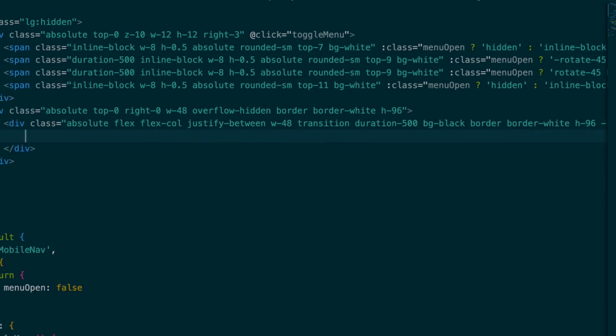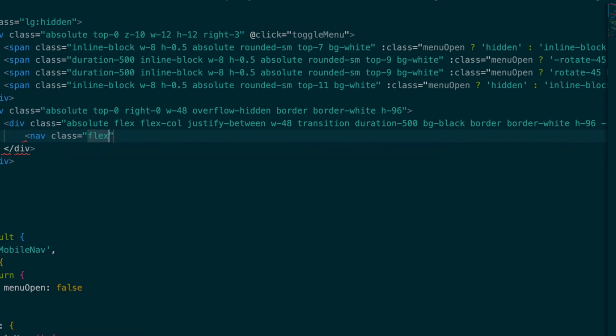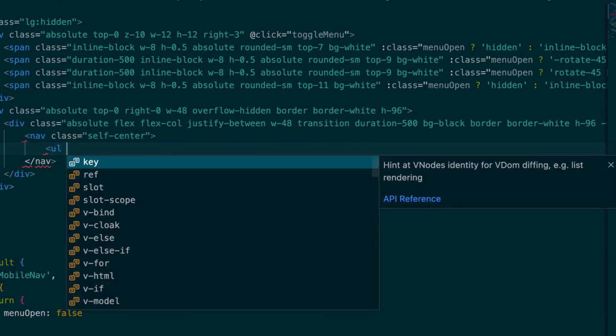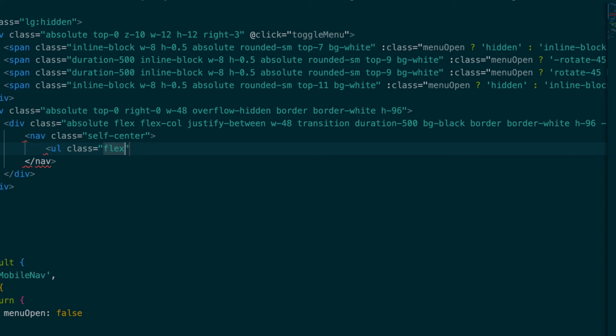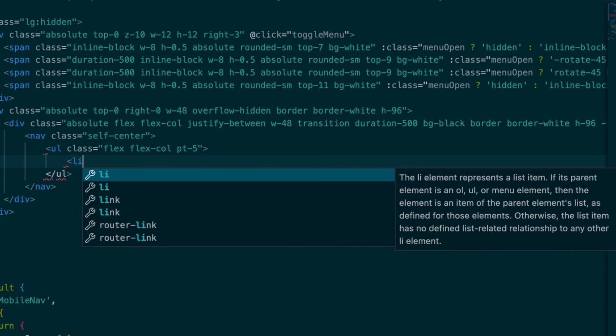So for the navigation itself, put that in a nav tag, which will also be the flex and flex column. And so our nav can do a self center on the nav tag itself, and then do the unordered list, and that will do the flex and flex column. We'll do a padding top of 5, and then for each individual item